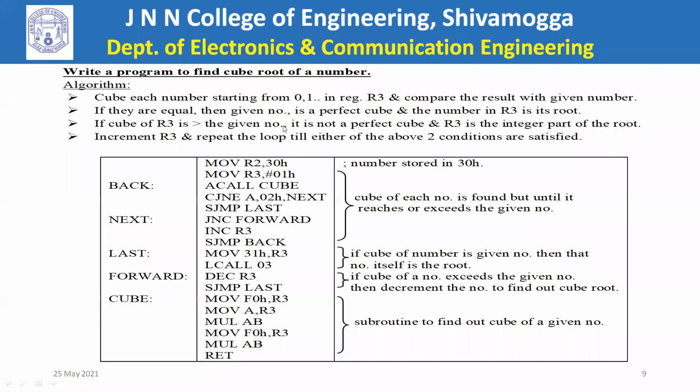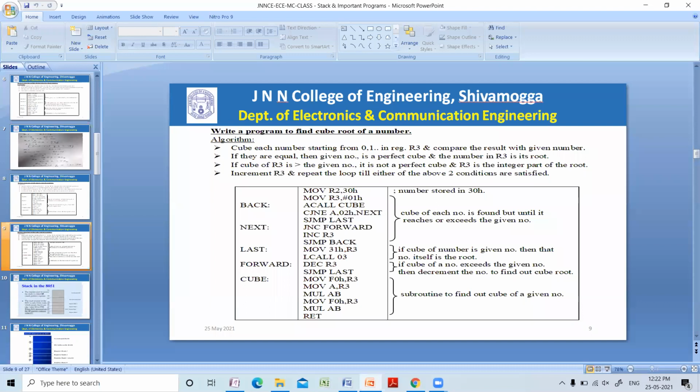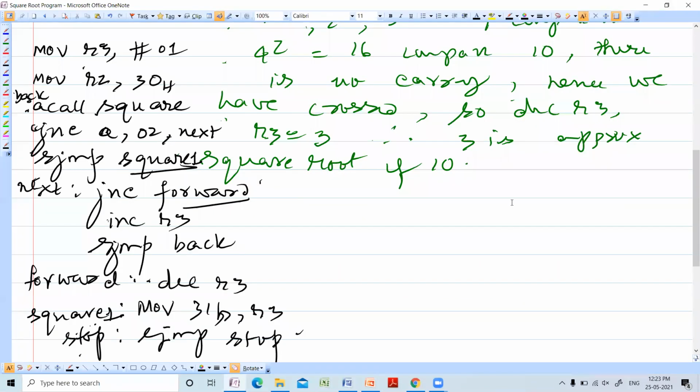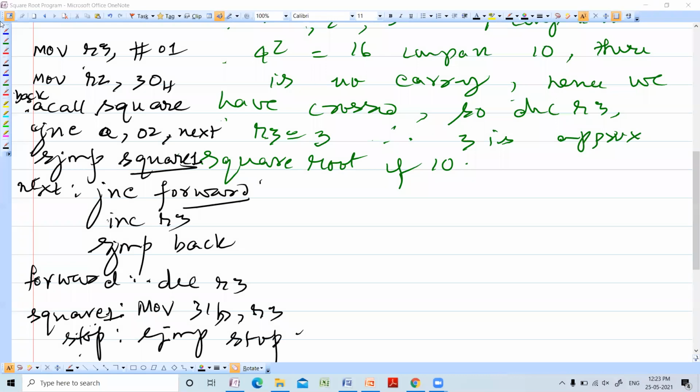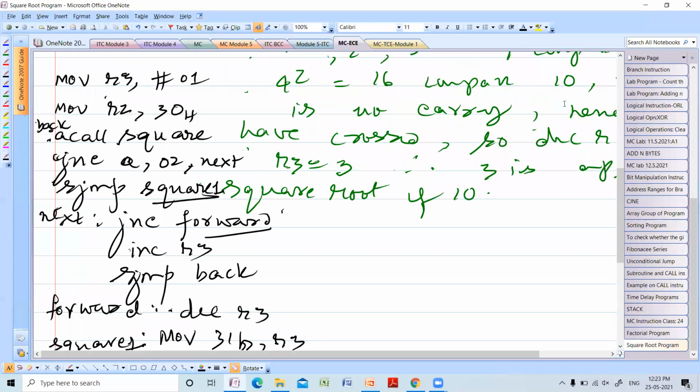So we have discussed 3 programs today. So in case of cube root, the next program is cube root. Cube root also uses the same method.